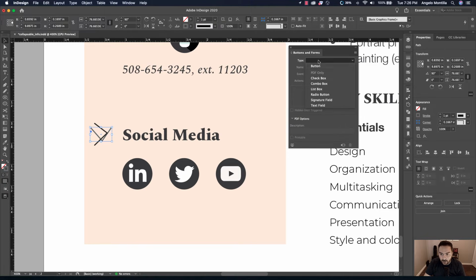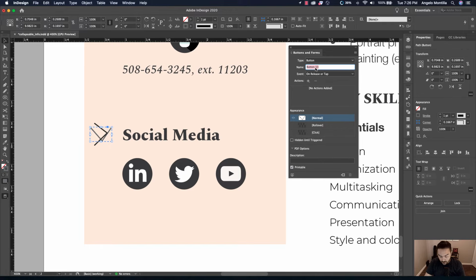Let's click on down arrow, click button, down arrow 6. Also make sure you're hiding it, so hidden until triggered. If you don't do that and you load the page, both buttons will appear on page load. Once you click the right arrow, the down arrow will disappear, but you don't want that to show up when you load the page. So go ahead and hide that.